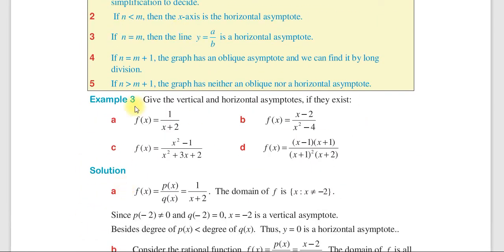ስለዚህ አምስቱን ፋክቶች መያዝ ይጠበቃል ማለት ነው። Example እንስኪ: give the vertical and horizontal asymptote if they exist። ካለ horizontal እና vertical asymptoteን ፈልጉ ይለናል፣ እስቲ እንስራው።